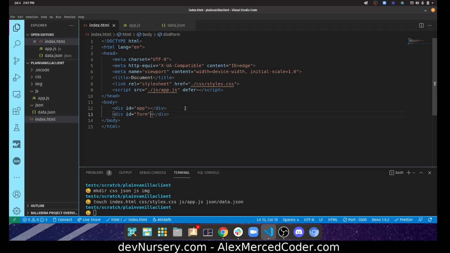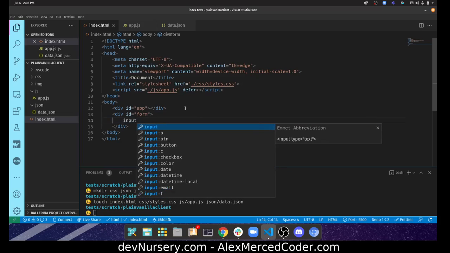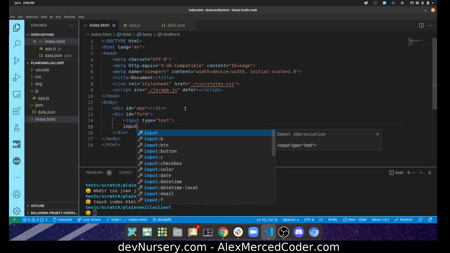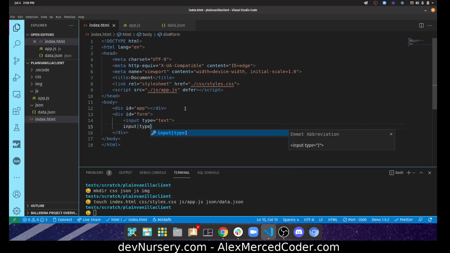Okay, now in here, I am going to want 2 inputs. Okay, so input times 2, or actually I'll just do it this way. Input with the type of text. Yep. And then I want an input with the type of submit. Yay for Emmet for creating these HTML tags a little bit easier. Okay, so there's my 2